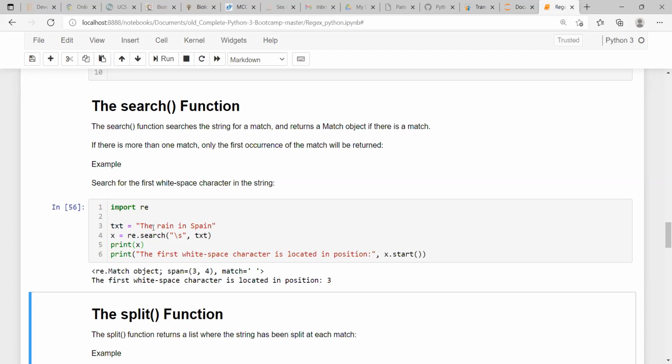Are you getting what I am trying to explain? So it is showing that index position. It starts with 3, right? Now, if you are interested in getting the position of the first backslash s, you can just use x dot start. It will show you that 3 is the start position.